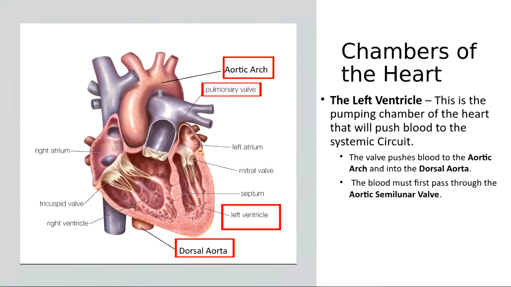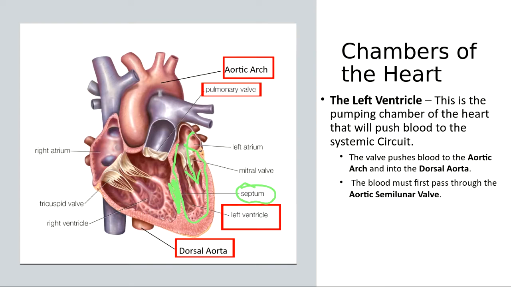And remember, there is some thick heart muscle that separates the ventricles, and that's called the septum. And that's this stuff here. So the blood enters the left ventricle, and now it gets pumped out of the heart,